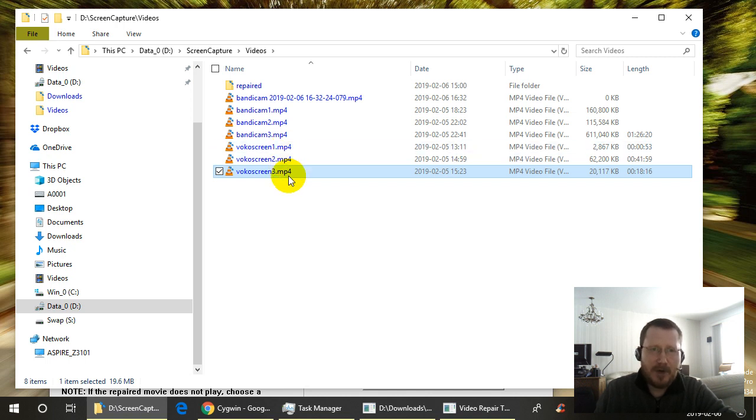So we've got these three files, and we want to combine them together into one file. You can see the first one is just 53 seconds, then the other one is almost 42 minutes, and the last is 18 minutes. So the first method is to use a program called